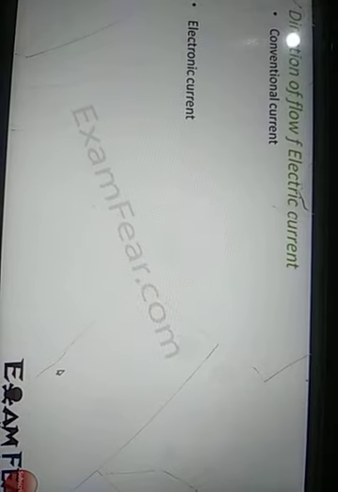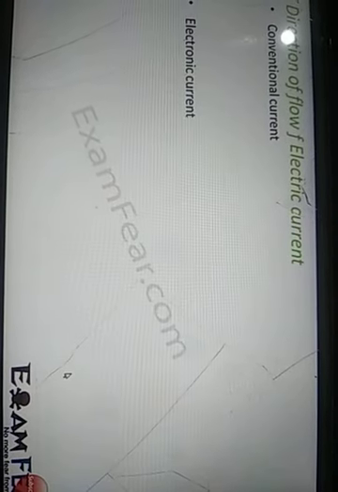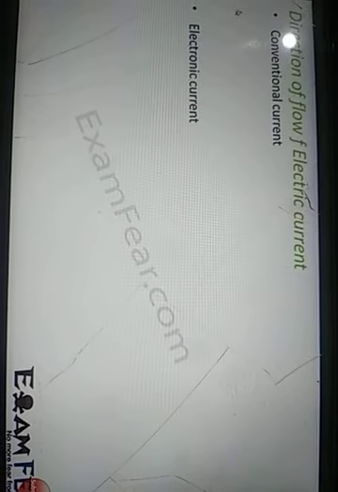But later when electrons were discovered, it was found that it was not the protons but the electrons which constitute the electric current. So basically now we have 2 different methods of determining the direction of electric current. One was the conventional method, which people got used to over a long time. So that current is termed as conventional current.